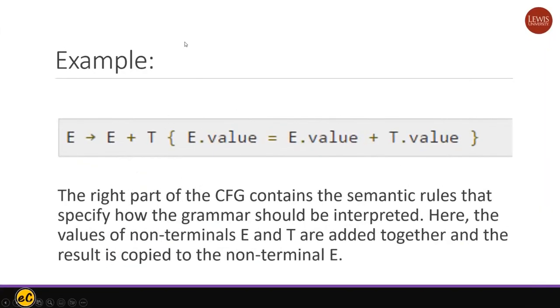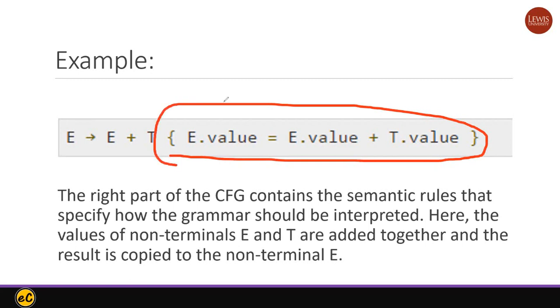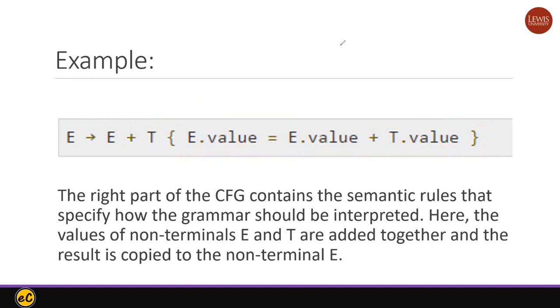Okay, for example, the left-hand side is our so-called context-free grammar. And this one actually we do have these. So the value of the expression equals the evaluation, the value of the expression plus the terminal. Okay, so what this one means is, if we have an expression, say